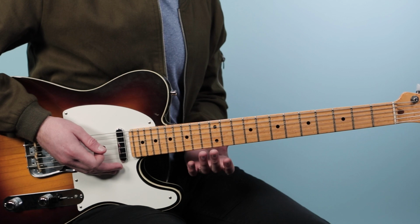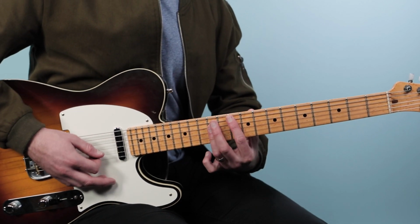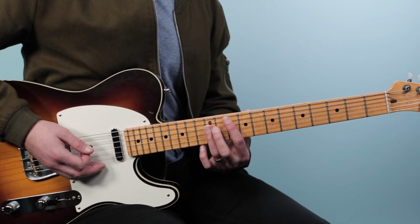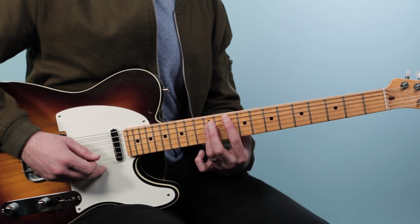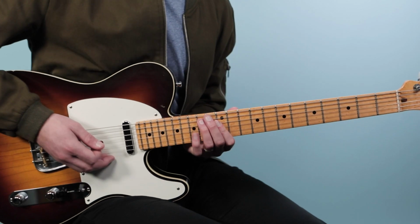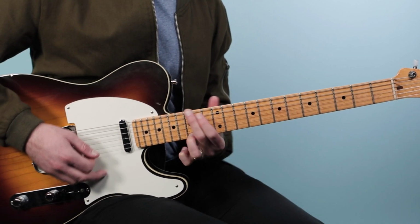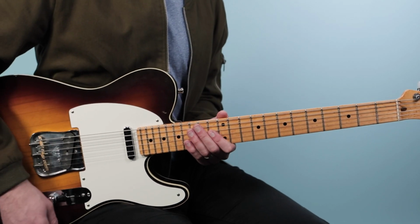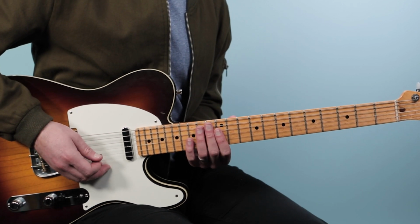All right, what I'm doing is I'm playing out of basically 2 shapes of a G chord. So we have this shape here, which is your standard bar chord, up at the 10th fret, 10, 12, 12, 12. And then we have this shape here, which is like a G shape like this, just way up the octave, right? Now, I kind of think of this as a Keith Richards sort of thing, think of tunes like Start Me Up